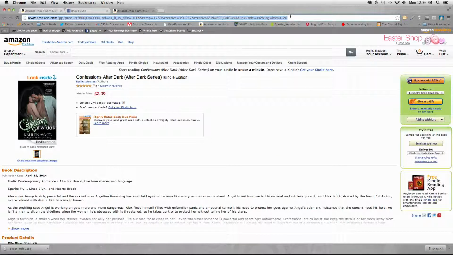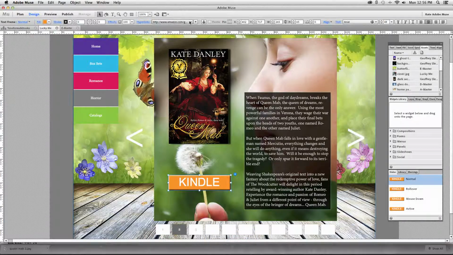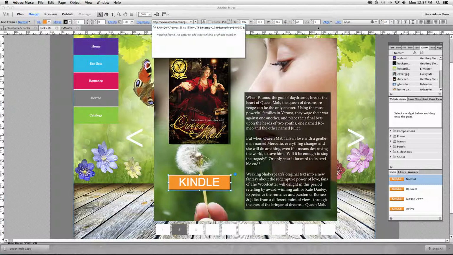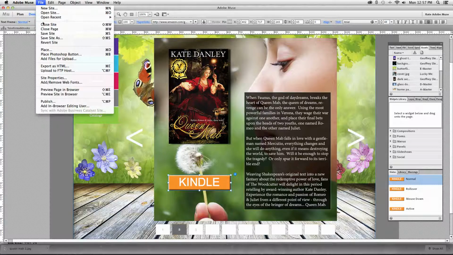Now I want to make it Leah's link, so that when I make Leah's catalog that she shares on Bookhaven, she's getting her affiliate fees, not me. I just go into this link, I go all the way to the end, because all that just stays the same. The only thing you have to change is the last little bit, the tag, which always ends in a -20. Press Command V, and now it's her link. And if I go save the site, file,